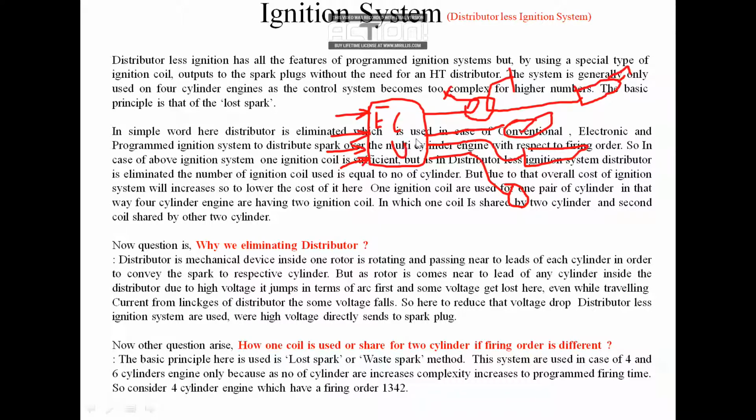So this ECU decides at what time before TDC we have to trigger, and with respect to it triggers the primary winding, and with respect to that the secondary voltage gets induced in the secondary winding and a spark gets initiated in that cylinder. So the primary winding is directly triggered from the ECU. This is the system we are using in the non-waste type of distributorless ignition system. The distributor is not there, and four ignition coils for the four cylinders are present. So this is one type of system.